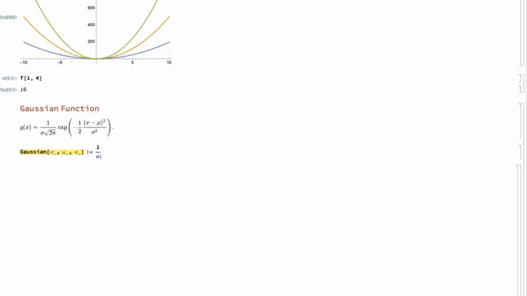Sigma times square root of 2 pi, and then we have the exponential function. It goes like 1 over 2, and then we have x minus mu squared, divided by sigma squared. So once we define this general form of Gaussian function, then we can use it for different values of sigma